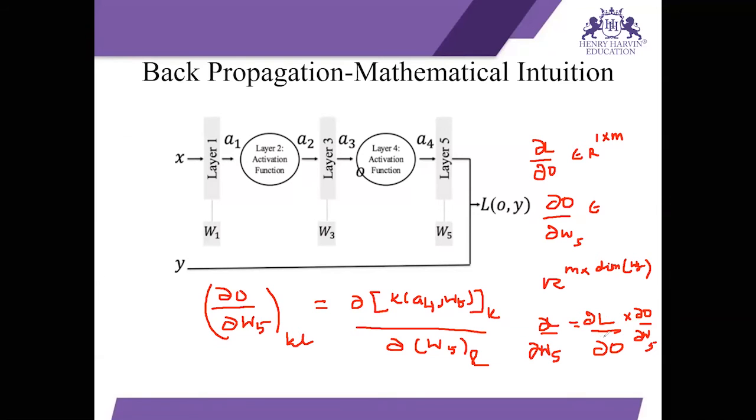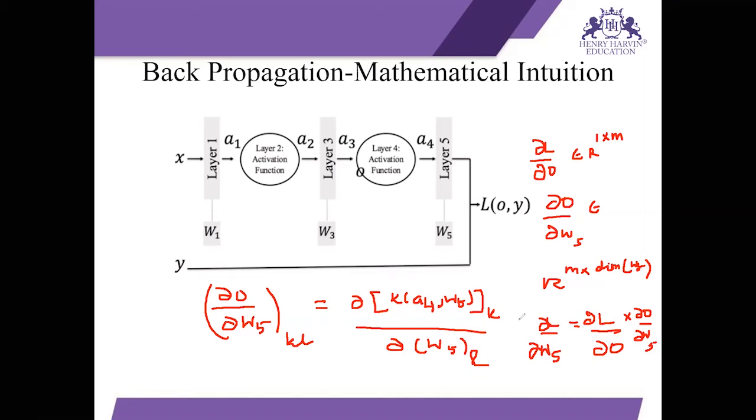Now, once we have these two quantities, we can simply apply the chain rule and compute one of the quantities we were interested in for this particular network. When we have these two entities, the gradient and Jacobian, we apply the chain rule: ∂L/∂O into ∂O/∂W5 is equal to ∂L/∂W5, right? So this is very clear now. By applying the chain rule, we are able to get the first quantity of interest. So we already have this now.